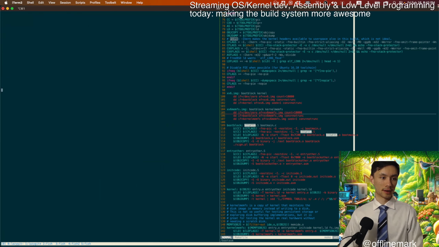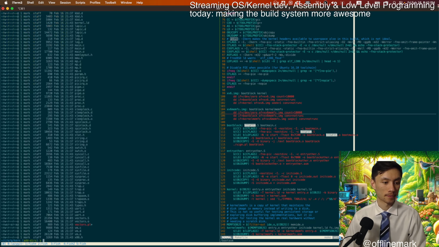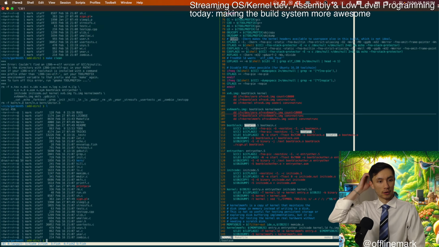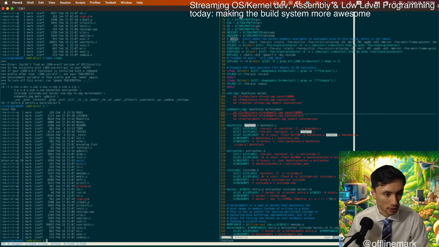Okay, so now we have made some progress. Yeah, we made a lot of progress actually. So now just do a clean. Here's what our root directory looks like, and it's mostly user space stuff now. It's pretty obvious from cat, echo, grep, init, kill, ln, ls, mkdir. These are all very user space looking things.